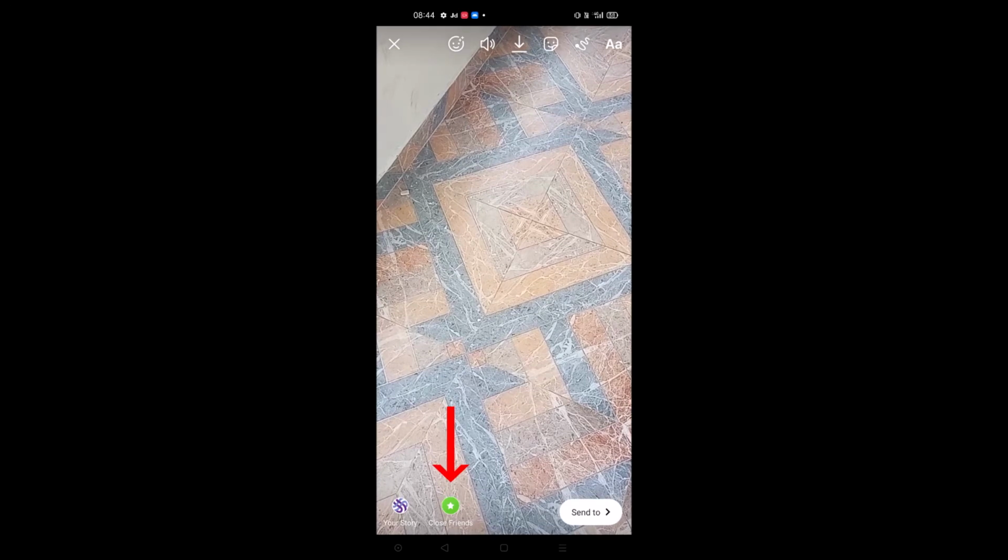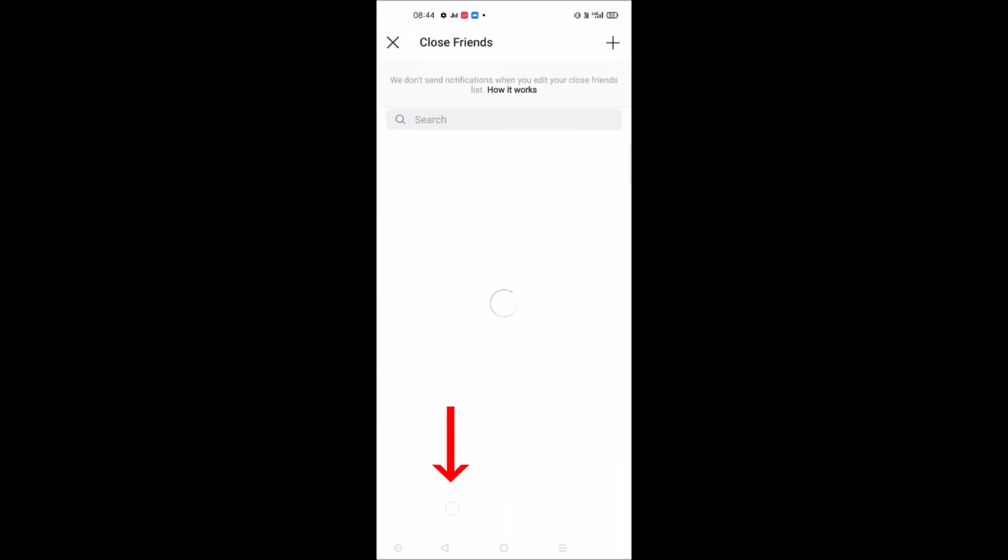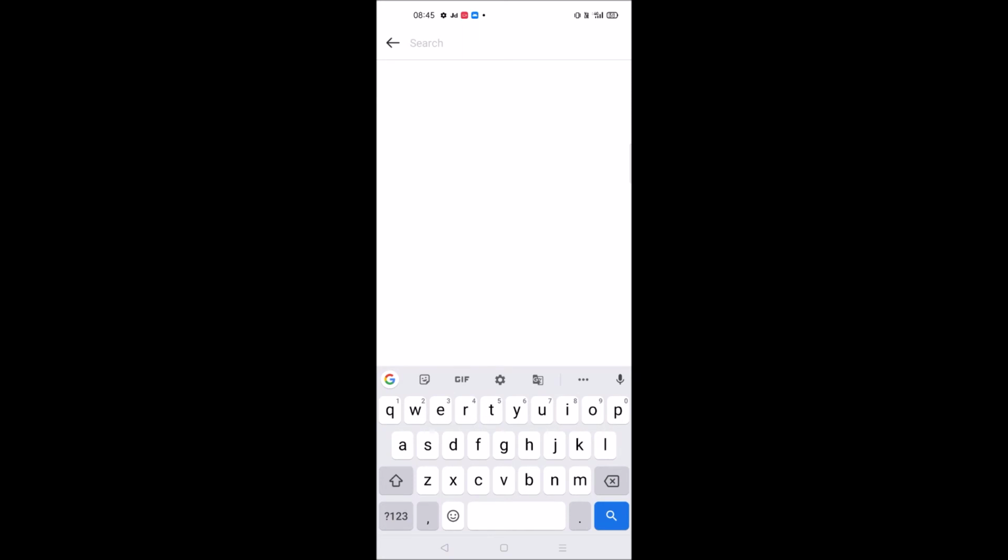So what I'll do is I'll click on close friends. Here's the trick. Close friends, in the sense, for example, this is my Instagram account which is for the tech side, and I have a personal account. So I'll choose only one account, which is my personal account, that is also me. Or you can choose a very close friend of yours, whom you can share this